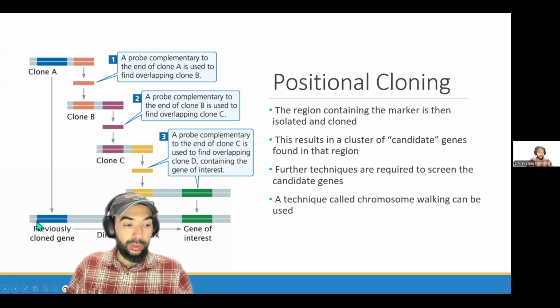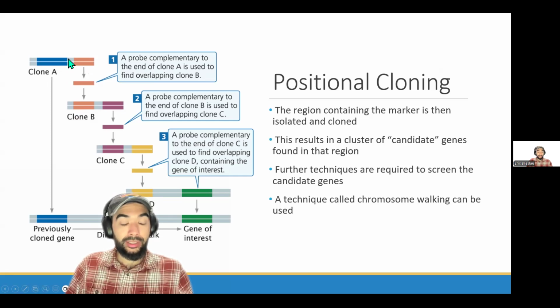So here, the blue part represents the actual marker, but we'll have some fragments that include the marker and a little bit extra, a portion of the DNA. And so this fragment includes the marker and some more. And hopefully, what happens is this extra piece that's not the actual marker will overlap with other fragments. And so when we sequence this and make a probe, and hybridize it with our clone A and prove